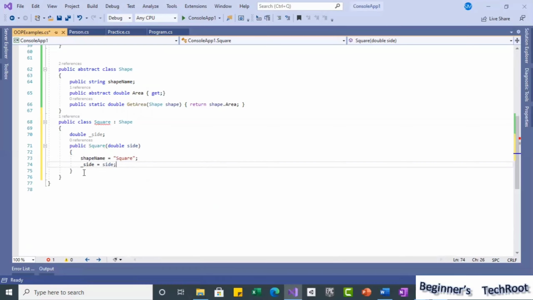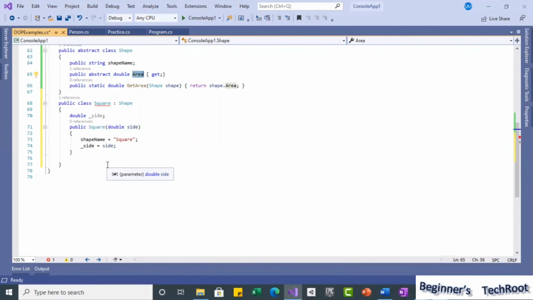Okay, so now I want to implement this area. I want to override.